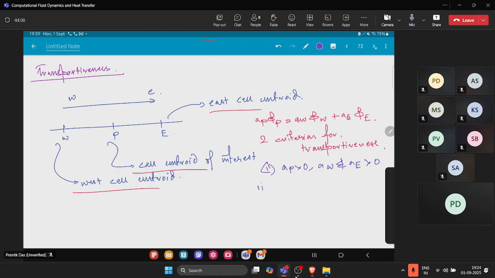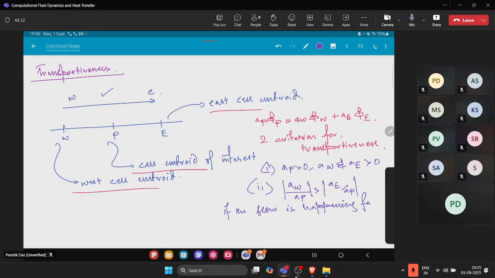Another one is that if the flow is happening from west to east, as said earlier, then AW by AP should be greater than AE by AP if the flow is happening from west to east. Okay. Third is that